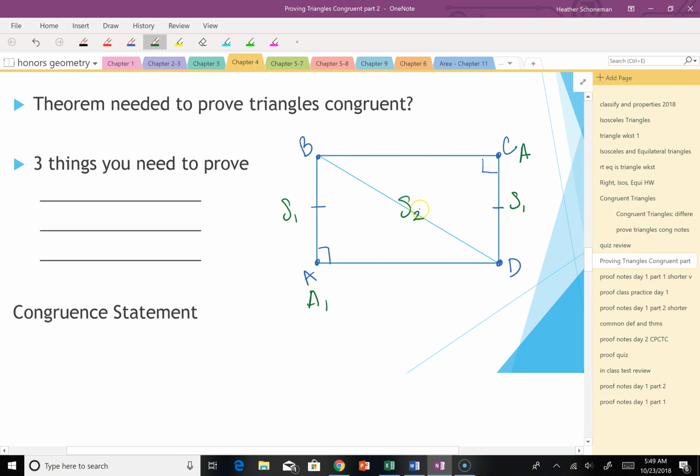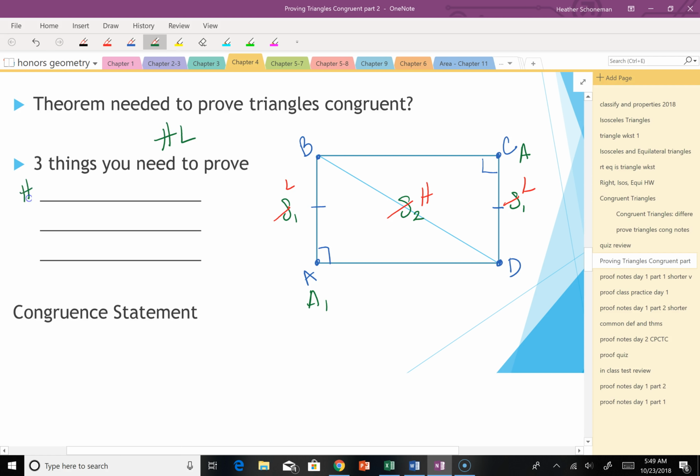So this one spells a bad word. We can't have a bad word. But a bad word works if it's a right triangle. And this one is. So this is really hypotenuse, leg. Okay, so how does hypotenuse leg work? Well,